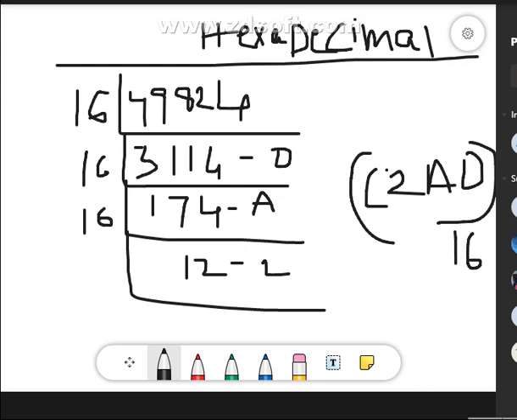C280 to the base 16. C280 to the base 16. This is how we are converting this